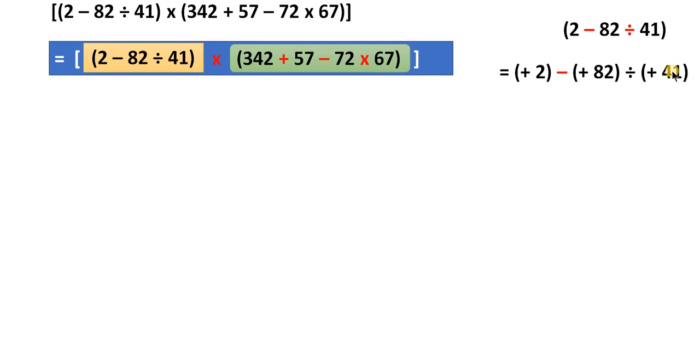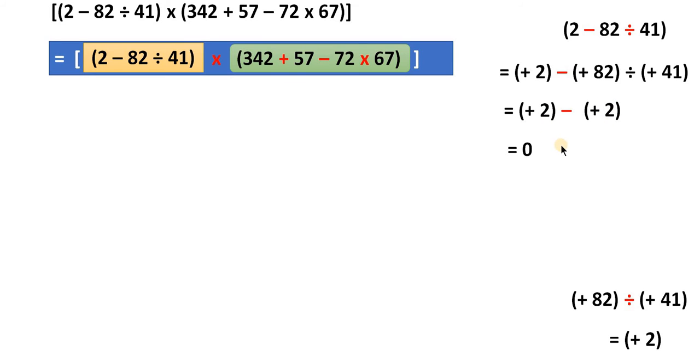Now this expression is of the type simple type 2 because it has a derived operator, division. So first we will have to do the derived operator. These two are to be done first, so we are carrying them over here separately. These two are positive integers, therefore you can treat them as whole numbers and find the answer. 82 divided by 41 is equal to 2. So this is replaced now, positive 2 as it is, operation subtraction, then this one simplified is 2. Positive 2 minus 2, simply, is 0.